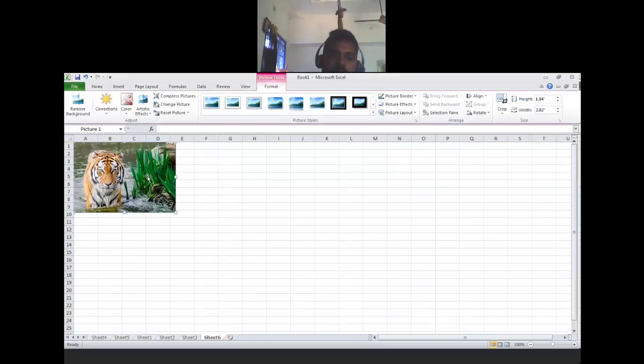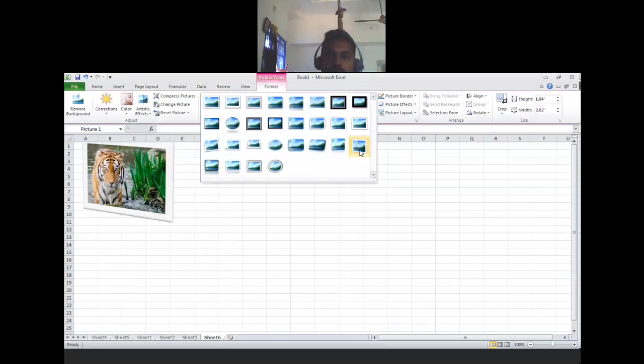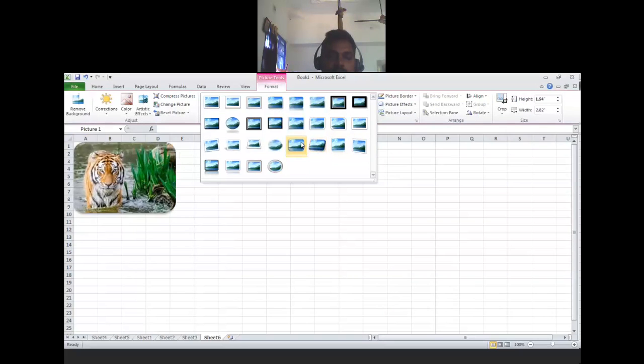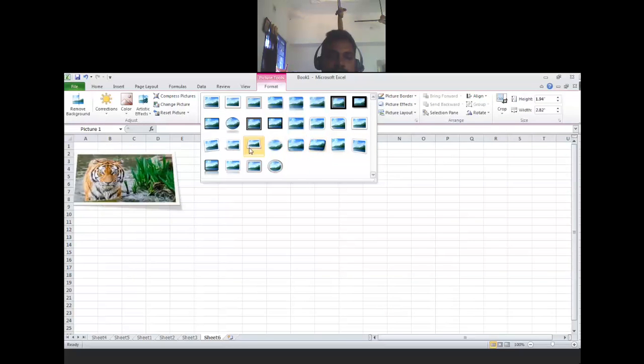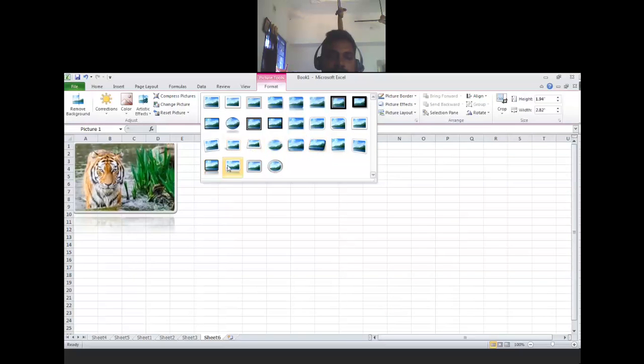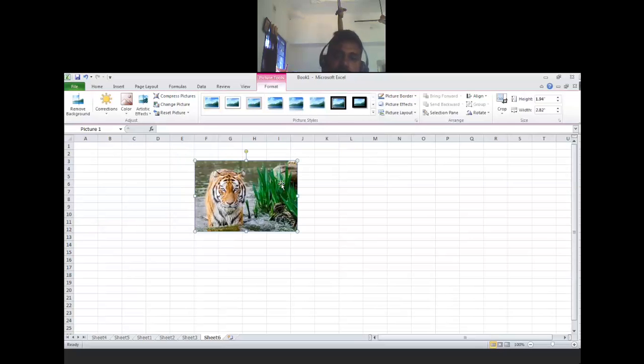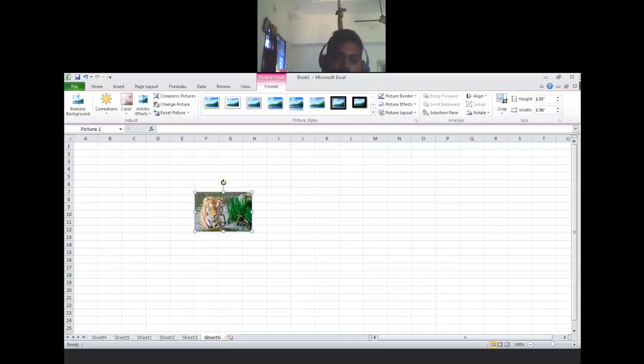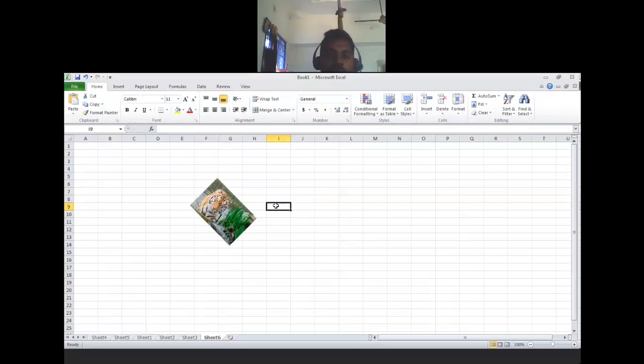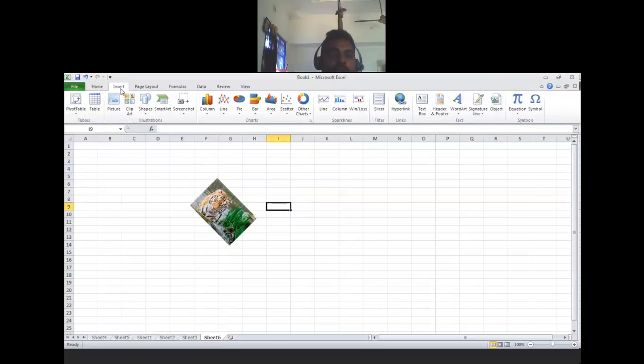I got this picture. As soon as you insert the picture, some picture styles will come, whatever format you want, and depending on that you can modify it. You can move it where you want, make it as small as you want, and rotate it however you want. Okay, that is inserting pictures.